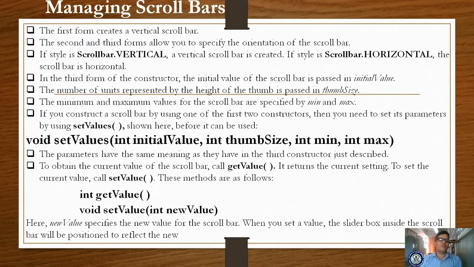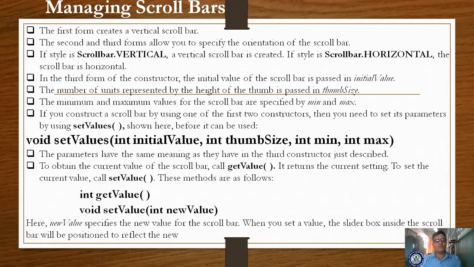The first form creates a vertical scroll bar. The second and third forms allow you to specify the orientation of the scroll bar. Scrollbar.VERTICAL creates a vertical scroll bar, and Scrollbar.HORIZONTAL creates a horizontal scroll bar. In the third form, you can specify the initial value, thumb size, and minimum and maximum values.